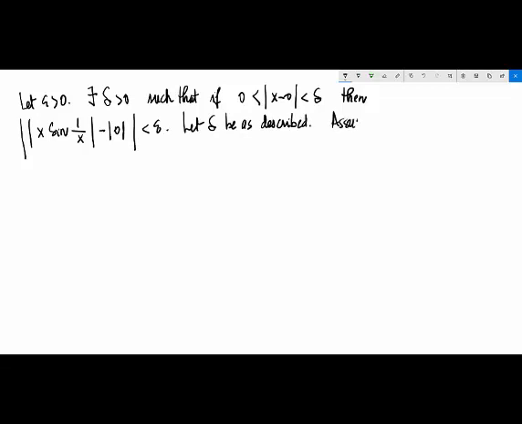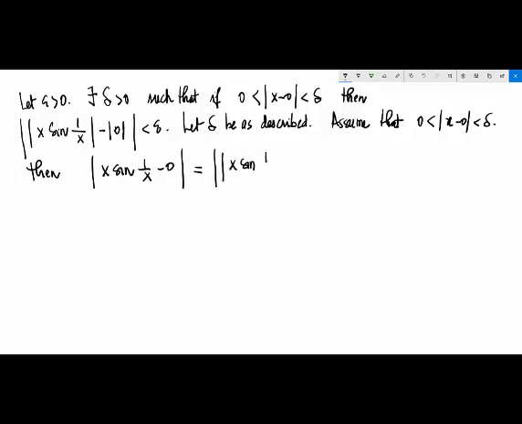Now assume that this condition holds, then this is precisely the same thing as what we've written earlier, which is less than epsilon. Therefore,